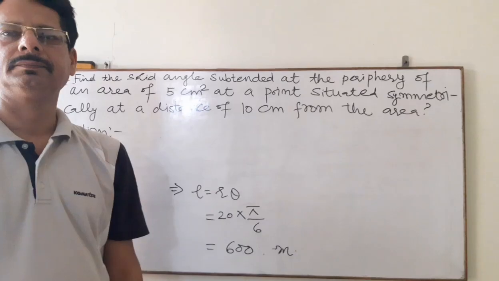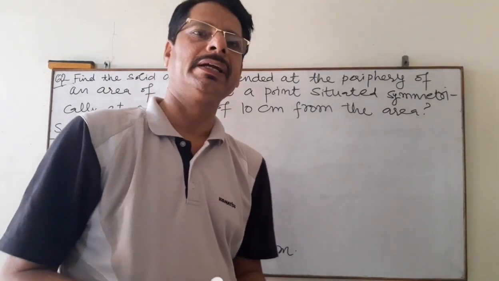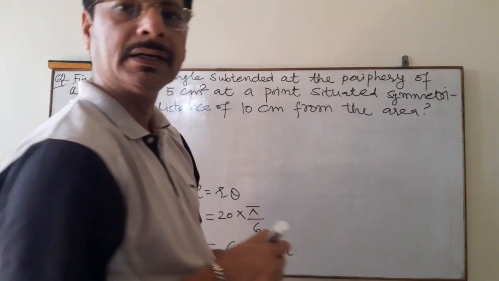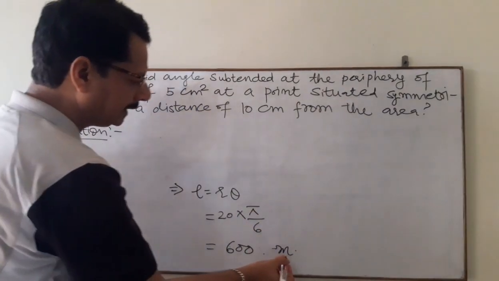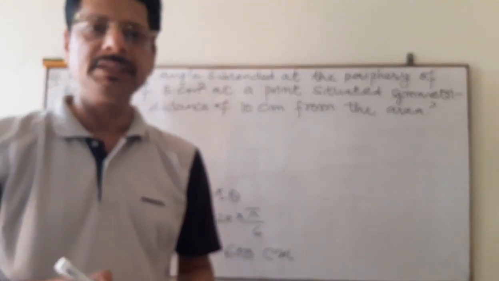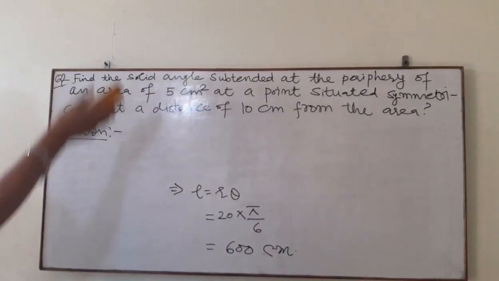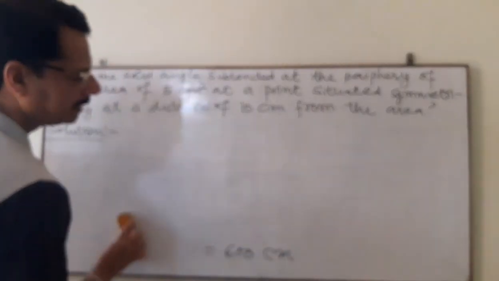Alright students, before we move on to the second numerical, here instead of meter it will be centimeter, because here the radius is in centimeter. So now we are going ahead to the second numerical, which is